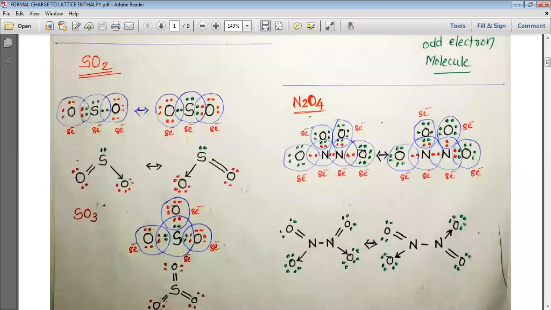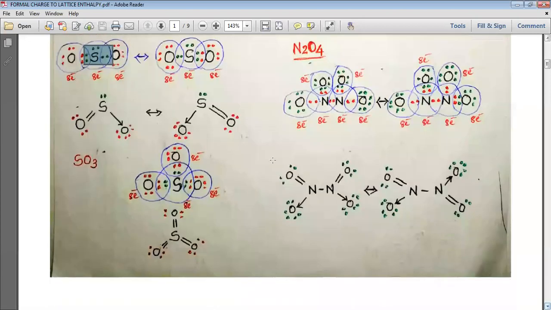You can see that sulfur has got six electrons. Of these 6 electrons, two are present on sulfur as a lone pair. 2 are shared with one oxygen, and with the other oxygen, sulfur has given both the electrons, and that is why you can see that, like NO2, sulfur also makes the resonance hybrid for SO2. Like NO2, SO2 also makes 2 resonance structures from which we can easily derive the resonance hybrid. But as sulfur has got 6 electrons with it, it is not an odd electron molecule.